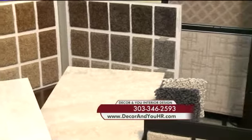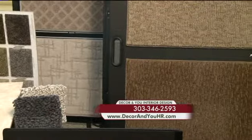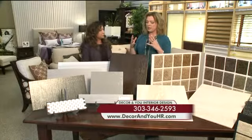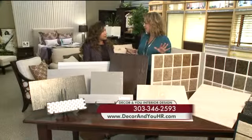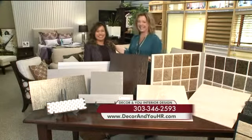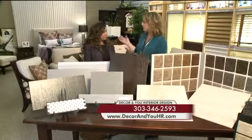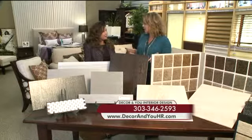Linnore, as always, you have amazing ideas, and I just love to see these samples. And again, this is what Decor and You is all about, whether it's paint or just decorating your home, from the walls to the floors, you've got us all covered. Right, top to bottom. Exactly. And then you have the contacts with all of the vendors. So all we have to do is come to you and your team here at Decor and You. And you can also go online to